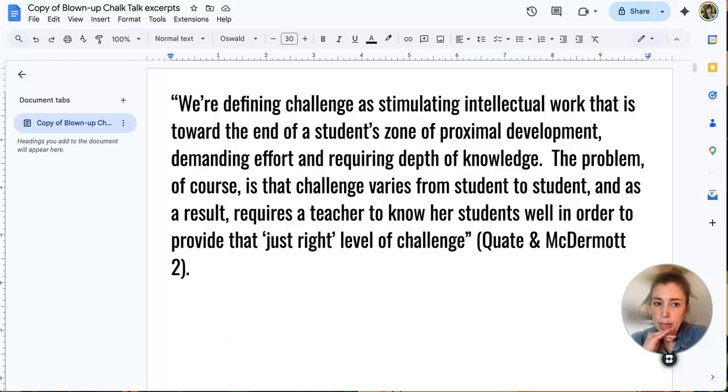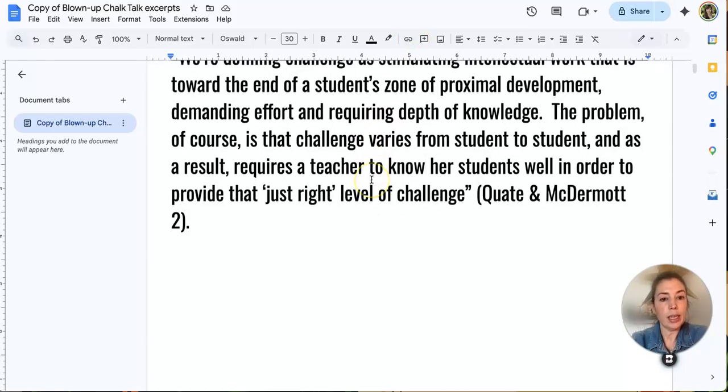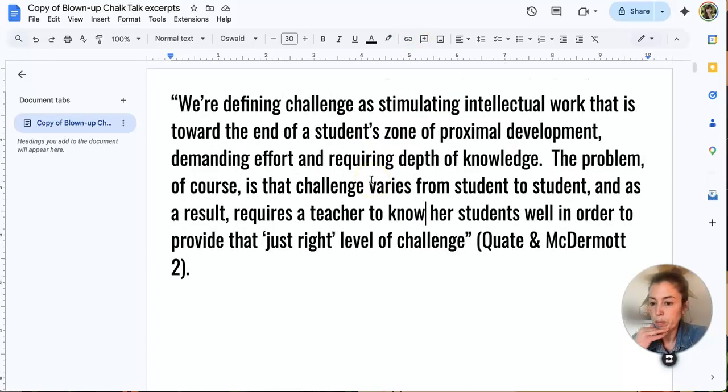These are some examples of chalk talks that I have made in the past. So you can see I've got these quotes that all come from this same source. We were learning about engagement. We were really thinking hard about engaging our learners in classrooms. How do we do that? And so I found this text that I thought was really rich. But I don't want teachers in my building to feel like they have to go and read a book on something every single time we're talking about a particular topic. And so I did some reading and pulled out some things and thought, okay, this is a great set of quotes as food for thought. Let's do a chalk talk on this at a staff meeting.